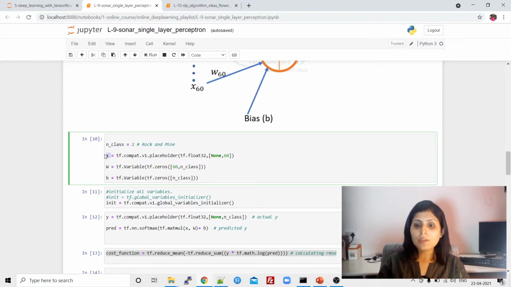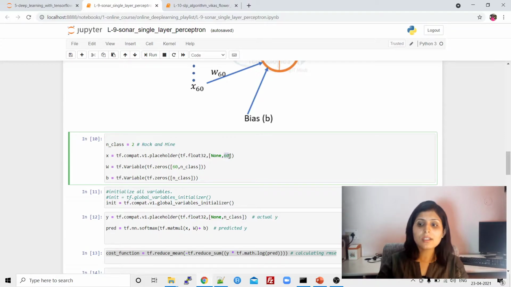Okay. So we have x as our input. Now see over here, again I'm creating x as a placeholder. That means I want to assign a value to this placeholder at the time of execution. But over here, this is very important. This you always need to change as per your dataset. This first none simply means the data which we want to give. So we have data train x and test x, right? This none simply means we'll define the data over here later on.